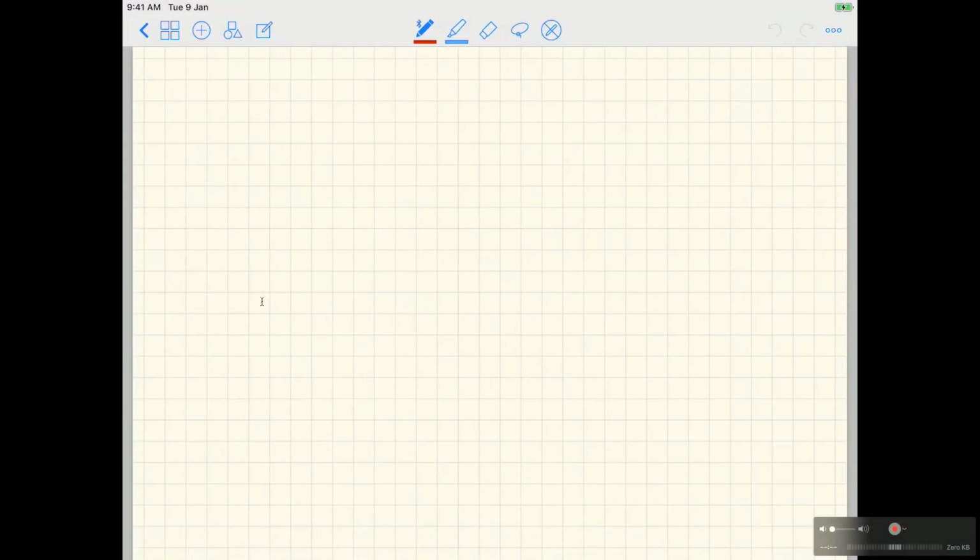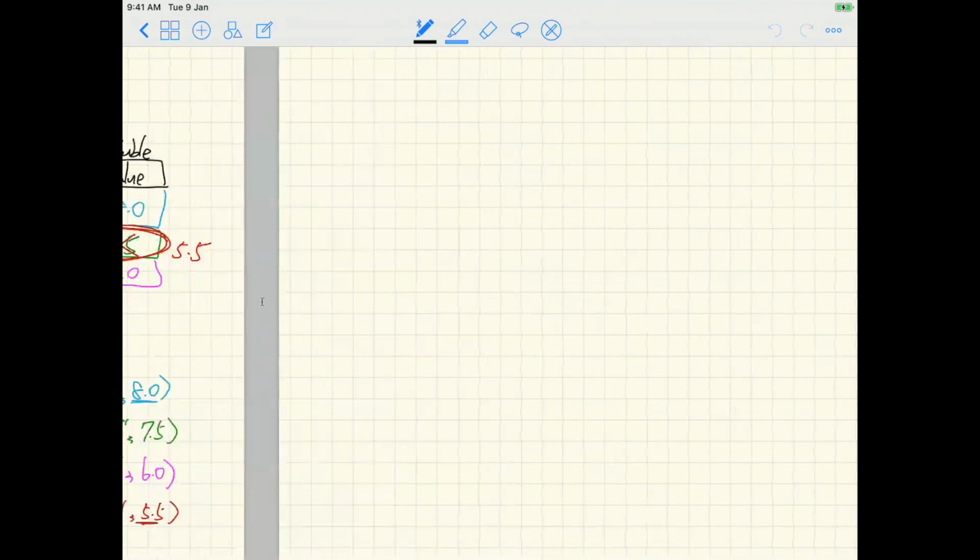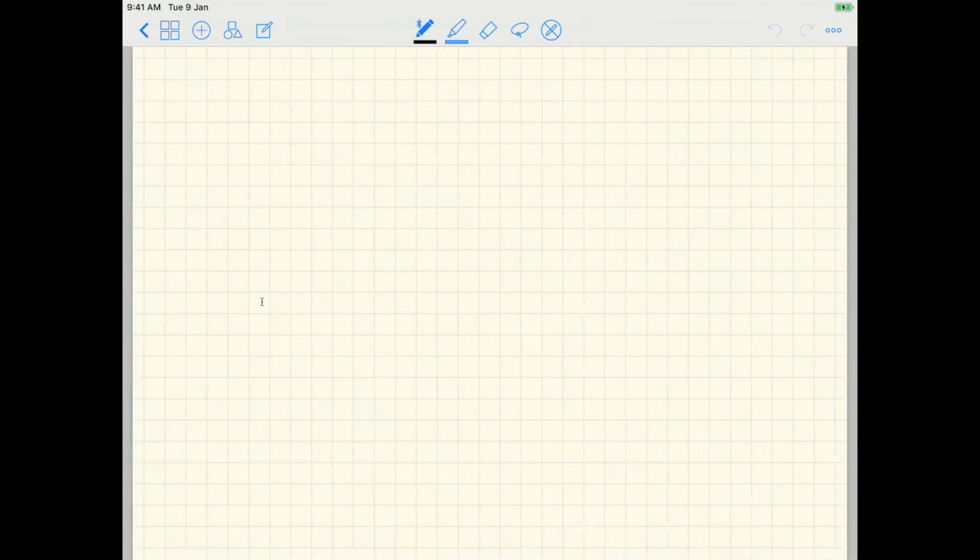Okay, again, let's review what we have. Apparently this is the diagram we had. I'm just going to open a new page for you. So this is how we declare. Let's talk about declaration. So we have HashMap,